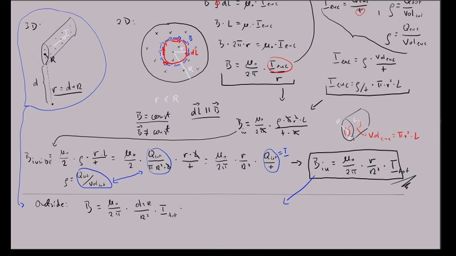And this becomes mu naught over 2 pi times d over r squared plus 1 over r times total current I equals. All right, now if d is much bigger than r, so d is much bigger than r,